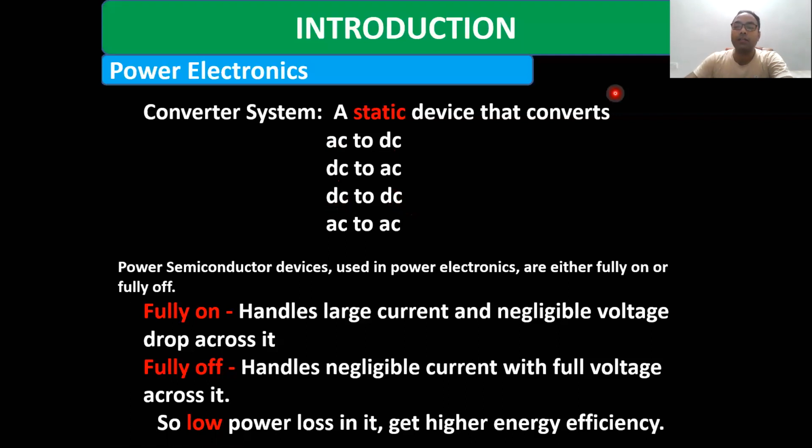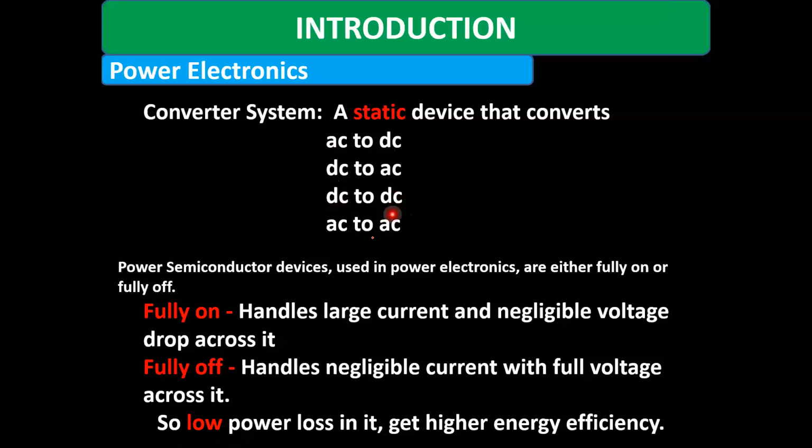And another is AC to AC. That is, if the input is an AC supply and you want a variable AC, you will get this using the power electronic circuit. So power electronics is a static device because we are using static switches like diodes, SCRs, and transistors. Here we have to use the power semiconductor devices used in power electronics in such a way that